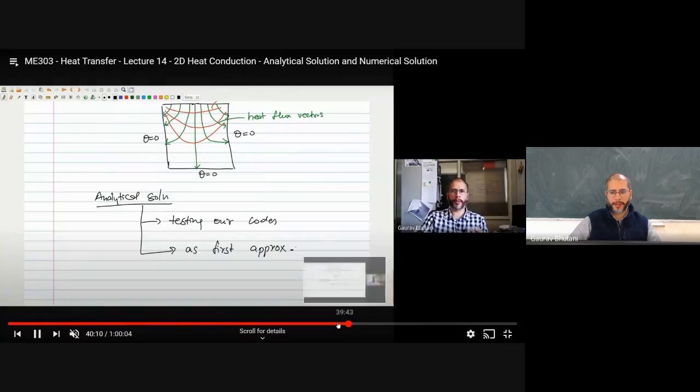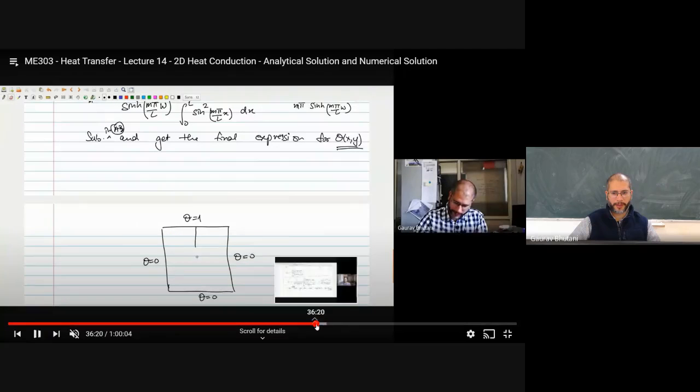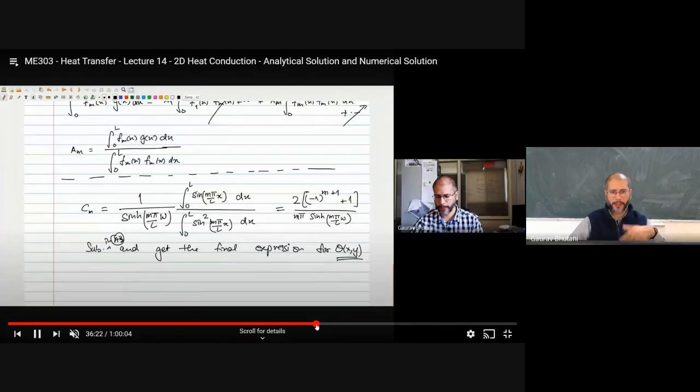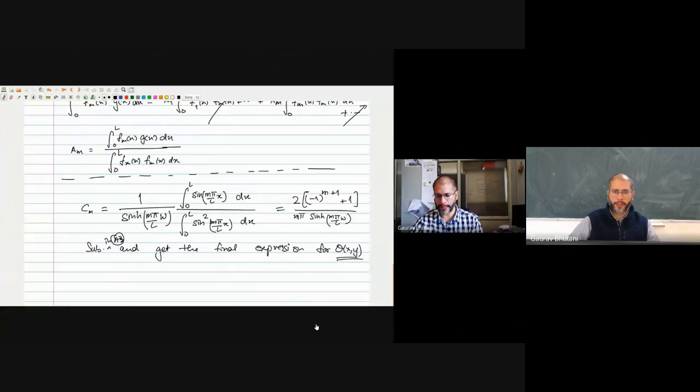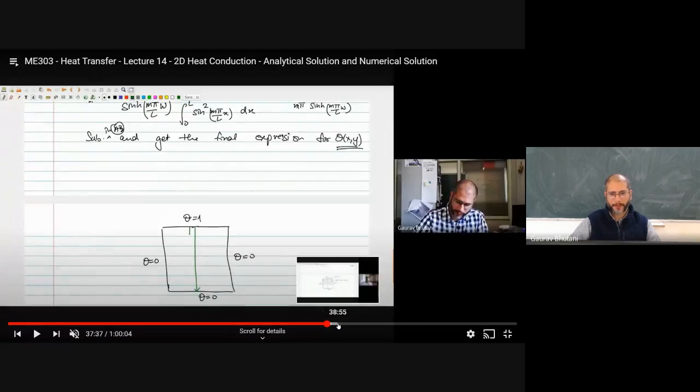So if you have a computer, you can add these terms in the analytical solution and then get an estimate for your temperature at different points in the 2D domain. In most cases, since you have an infinite series with the Fourier terms, what you see is that the coefficients of the higher Fourier wave numbers actually go down. So what that means is it's good for the overall temperature.